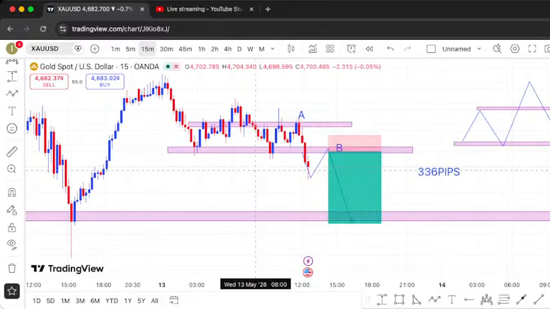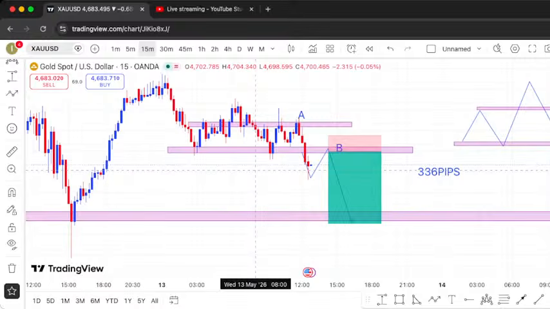So nothing but wait. Remember, patience all the way. Patience pays. Let's wait for that market to pull back to that area. Once it does pull back to that zone, then I think we are going to have some very good short position on gold. So let's just wait for that confirmation and then we are going to take a trade.